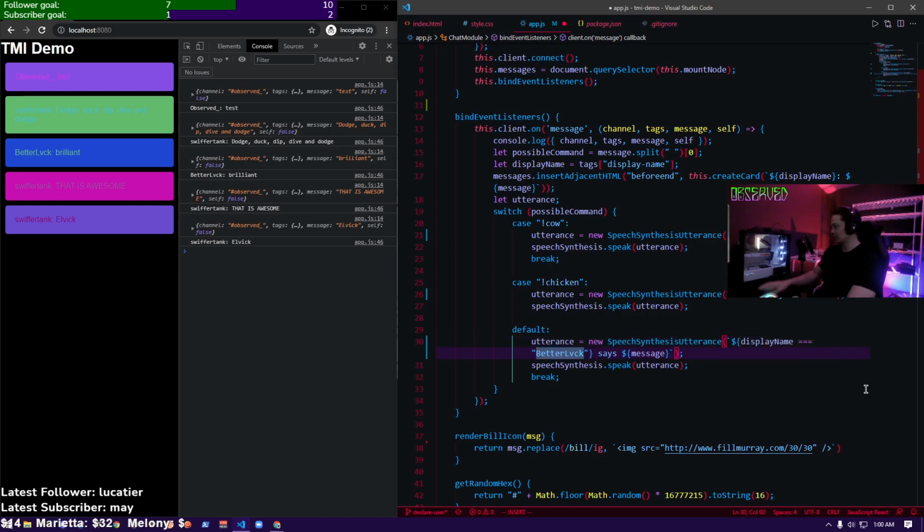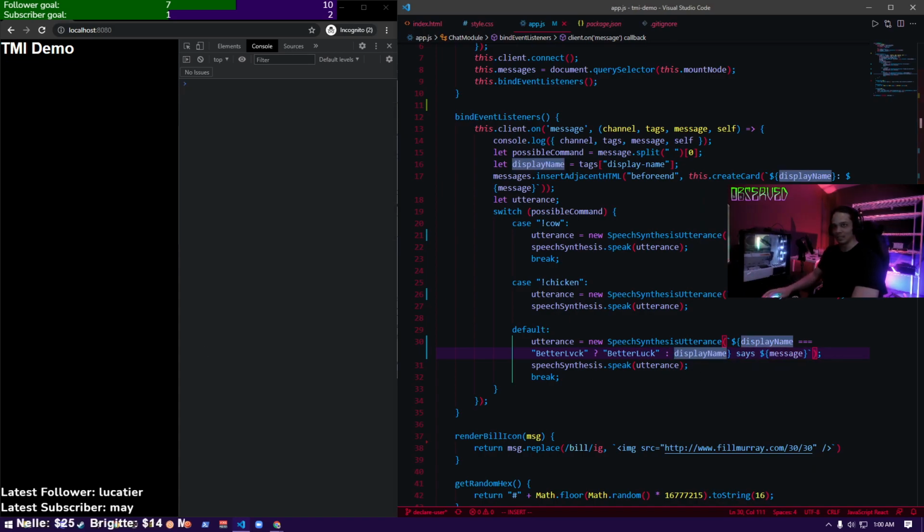If. So we're going to say display name equals better Elvic, and we're going to make it say better luck instead. And then we're also going, otherwise, display name. See that? That's a ternary statement. So now, if better Elvic talks, it'll say better luck.